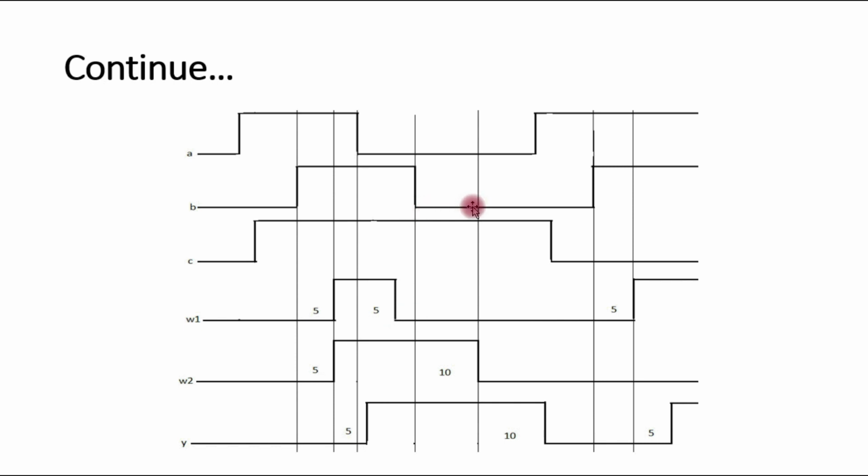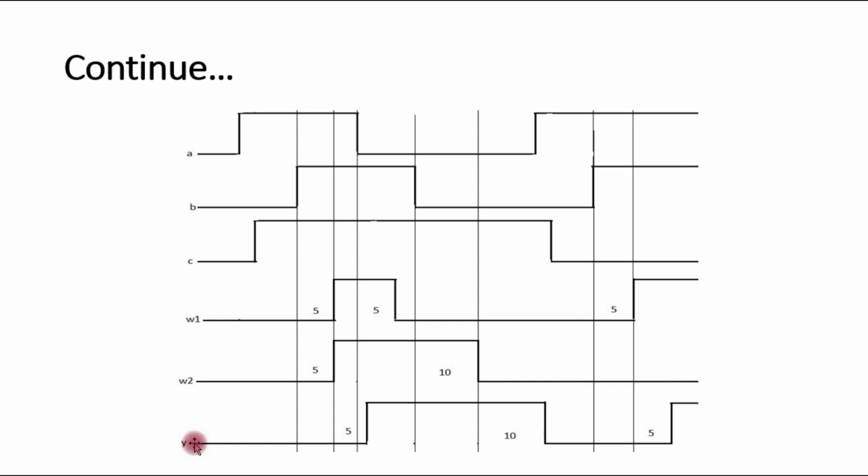B is going to logic low and C is at logic 1. It means one input is at logic 0, means output will be at logic 0. But this change is reflected after the fall delay, and in case of A2 AND gate, fall delay is 10 unit. So after 10 unit, output signal goes to logic 0, and now this one is logic 0. So up to here, W2 is at logic 0. Then after this, B is at logic 1 and C is at logic 0, means one signal is at logic 0. So finally output is at logic 0.